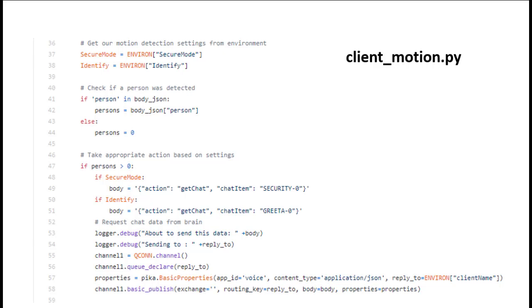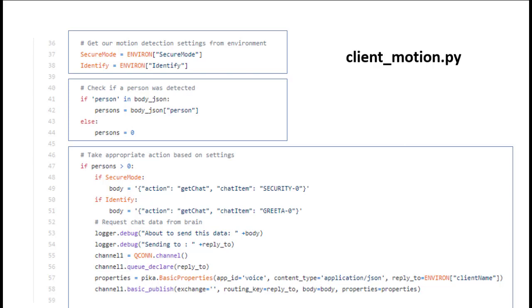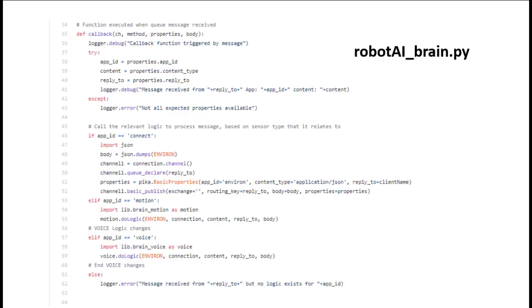Firstly, note that we fetch the variables from our environment dictionary, as these indicate how we should respond to motion. Then we check whether a person was detected by the brain when motion was sensed. And finally, if a person was detected, we now fetch the appropriate chat thread based on our current environment settings. This will trigger a request to the brain, and when the robot brain receives the message via the message queue, our callback function has now been extended to call a new module on the brain side to process voice-related sensor inputs. Let's take a look at that new module,